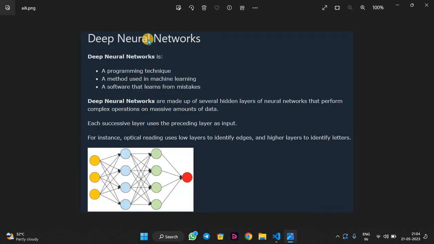Okay, so now let's go deeper: the deep neural network. It is the same as a neural network, a programming technique used in machine learning and software that learns from mistakes, but the difference is that it is used to solve complicated programs, and there are many hidden layers inside deep learning. Between the input layer and output layer, there are many hidden layers. It can be 2 hidden layers, 3 hidden layers, 4 hidden layers, as per how complicated the program is. So here there are 2 hidden layers, there are 3 inputs, and we are getting 1 output. Okay,